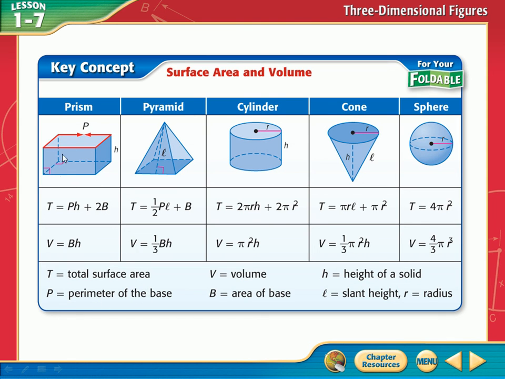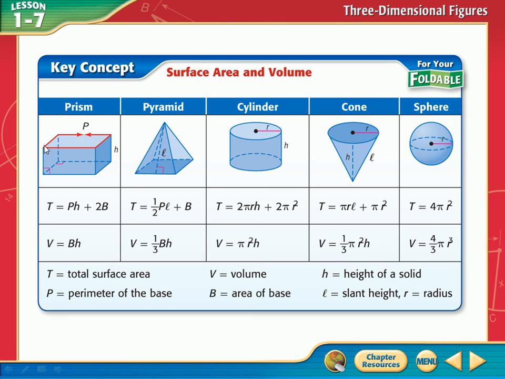So what do I do to find the total surface area? First of all, what does surface area mean? It means all the area of every one of the surfaces added up. So I find the area of the top, the bottom, the left side, the right side, the front and the back. But instead of doing that individually, they give you a nice little formula, and you don't have to find all those individually. You don't have to memorize this. I'm not making you memorize these, but know what they mean. Know what they stand for. P is the perimeter of the base.